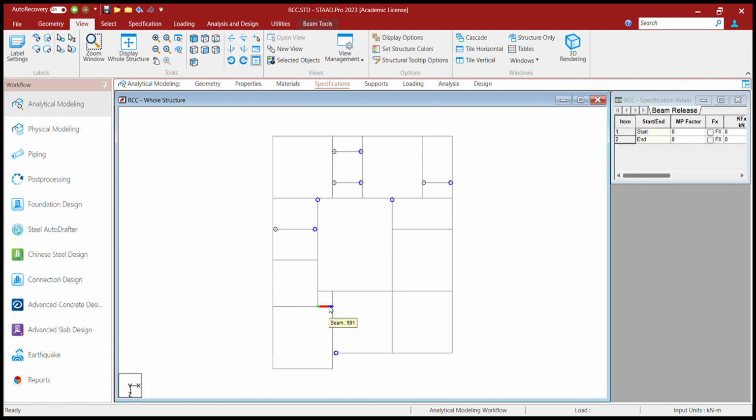So for that we need to check. It is again end, blue color indicates end. So we'll assign that release. And this one is also resting on this secondary beam. We'll check the end. So it is end here. And for this beam,